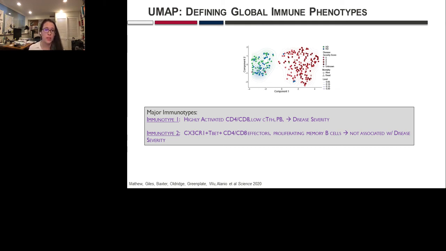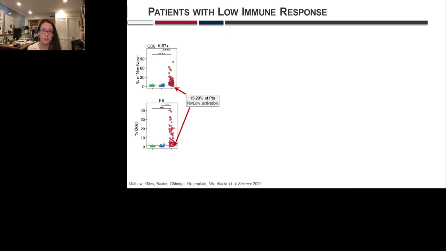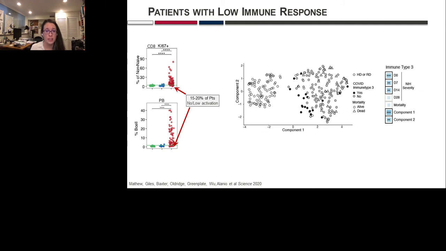So I've just described basically two flavors of immune response, but we do know that there are patients for which we don't really see any response at all. So we wanted to understand where they're lying on this map. Just as a reminder, this green line is the 90th percentile of the healthy donors. And so we have these patients that are lying on or below this line in many of these features that we looked at to try to measure the immune response. So we manually defined these as immunotype 3